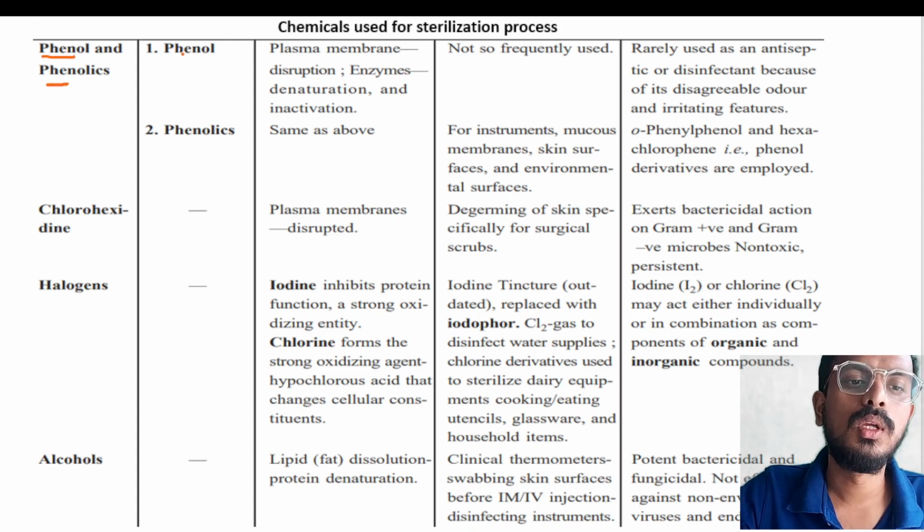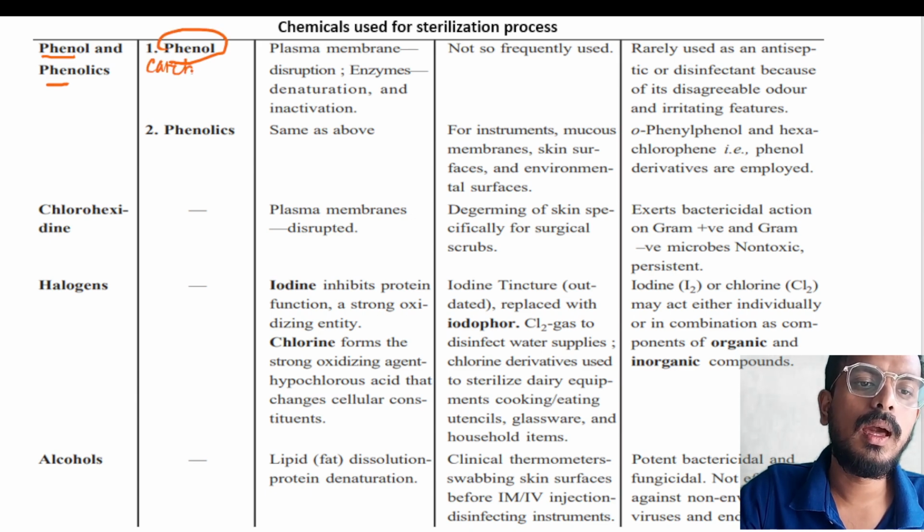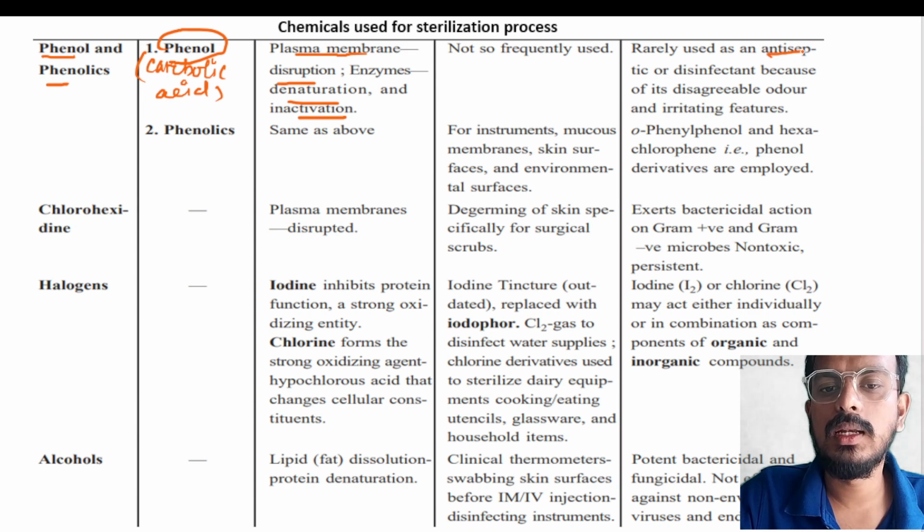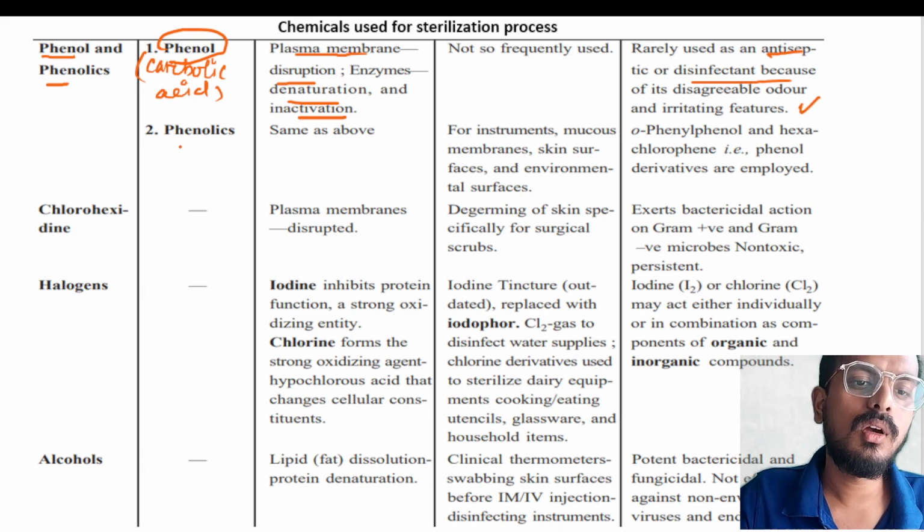And phenolic derivatives. If we talk about phenol, we also call it carbolic acid. It acts through plasma membrane disruption, enzyme denaturation, and inactivation. It is not so frequently used, and is rarely used as an antiseptic or disinfectant because of its disagreeable odor and irritating features. If we talk about phenolics, these are used for instruments,